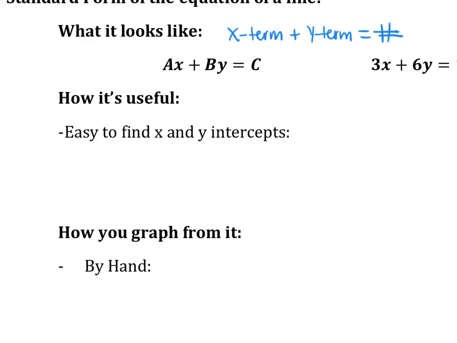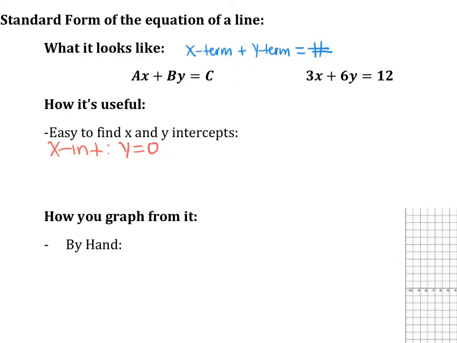So this form, standard form, can be useful because it is easy to find both the x and y-intercept. Slope-intercept form is really easy to find the y-intercept, but the x-intercept takes a little bit of work. For x and y-intercepts, let's do the x-intercept first. For the x-intercept, we know this is where y equals 0. So if we take our equation, 3x plus 6y, instead of y, we'll plug in 0 for y,